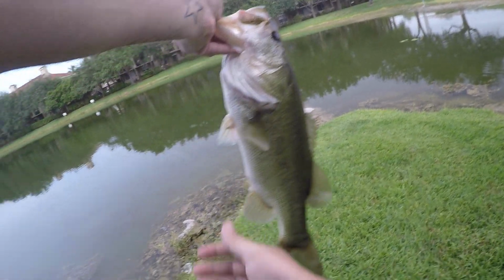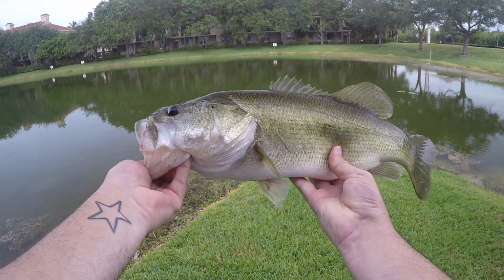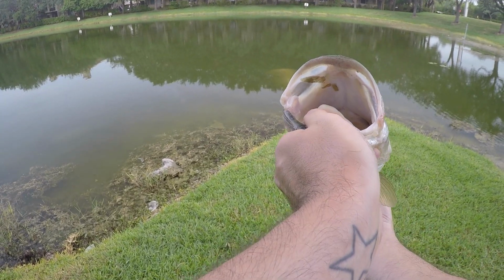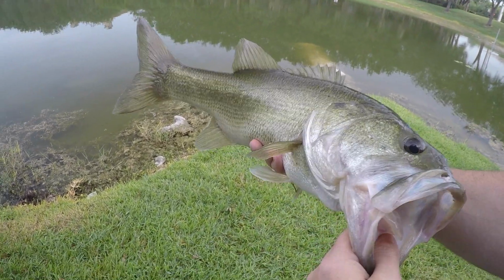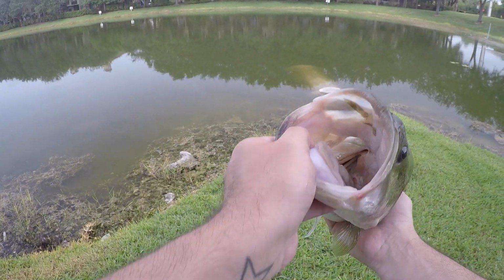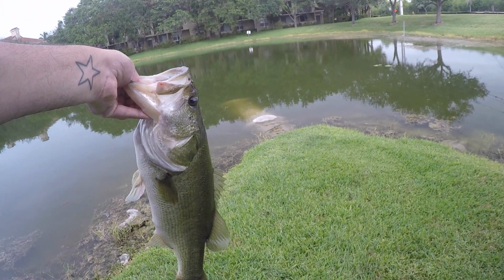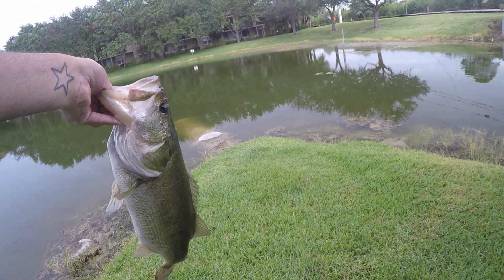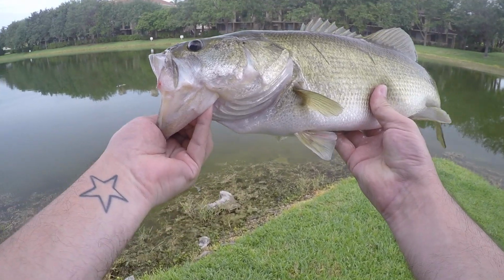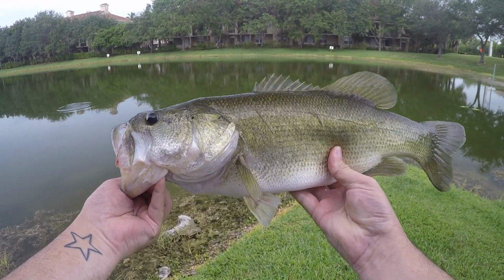she's a good 3. 3.5. Huge mouth. Wow, that is a gorgeous bass, guys. I was starting to give up hope. I thought I saw a shadow. There was a big blue tilapia, and I thought I saw a shadow behind it, and this is what it